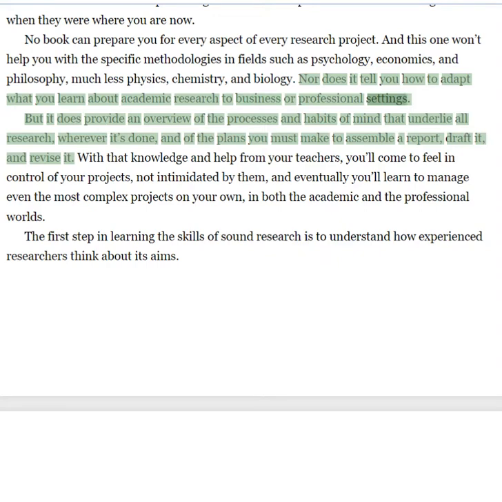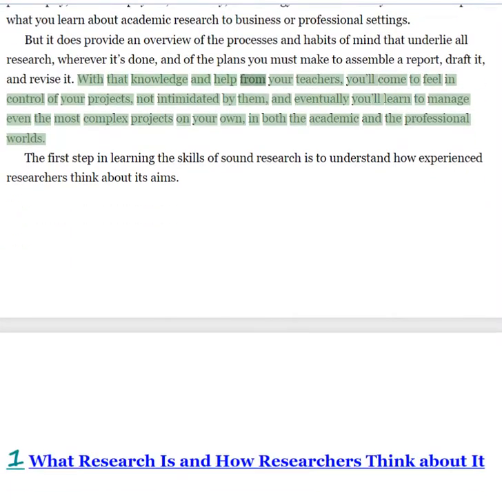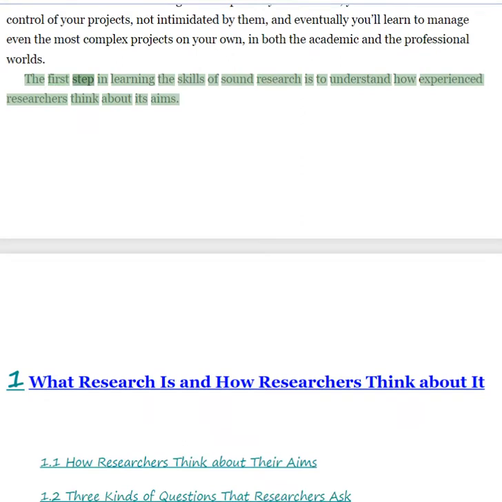or professional settings. But it does provide an overview of the processes and habits of mind that underlie all research, wherever it's done, and of the plans you must make to assemble a report, draft it, and revise it. With that knowledge and help from your teachers, you'll come to feel in control of your projects, not intimidated by them, and eventually you'll learn to manage even the most complex projects on your own, in both the academic and the professional worlds. The first step in learning the skills of sound research is to understand how experienced researchers think